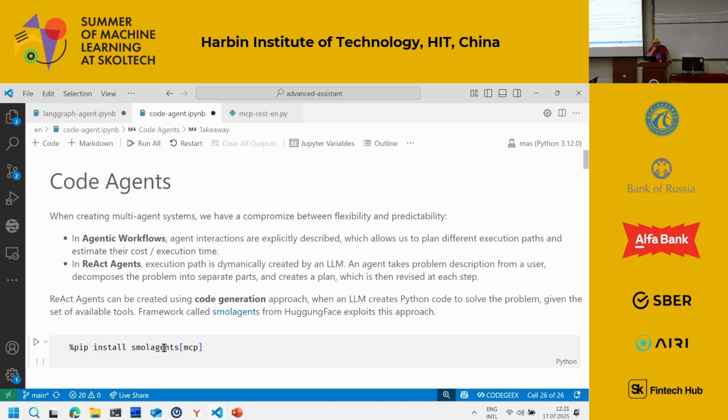And Hugging Face, by the way, had a course on multi-agent systems about several months ago, I think it ran. I cannot personally recommend it too much, but if you want to delve into this topic a little bit more, it also contains sample notebooks which you can just go through and see by yourself.